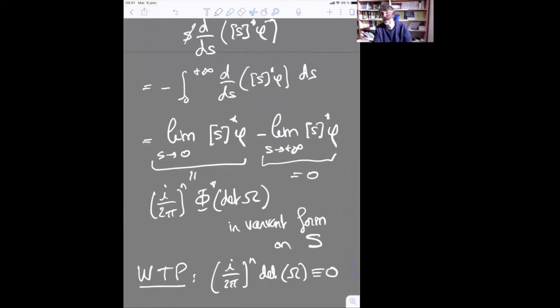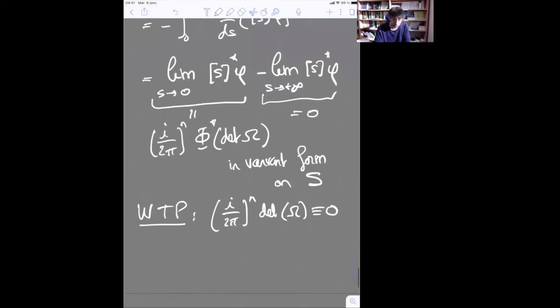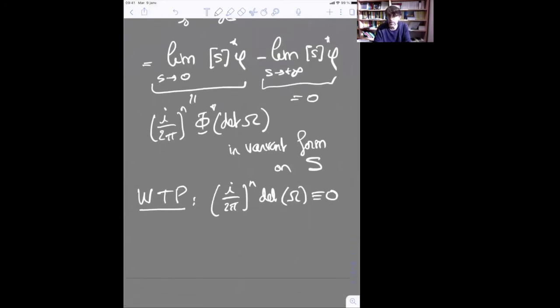And this will be related to the property in the topological setting that the Euler class of the bundle was 0. In fact, this differential form is a representative of the Euler class. So we could just say that it's exact, but in fact we will prove that it's identically 0. And now, we could compute, but let me give rather a conceptual explanation of how to prove this very simply,